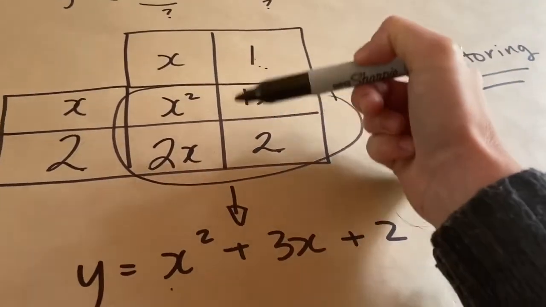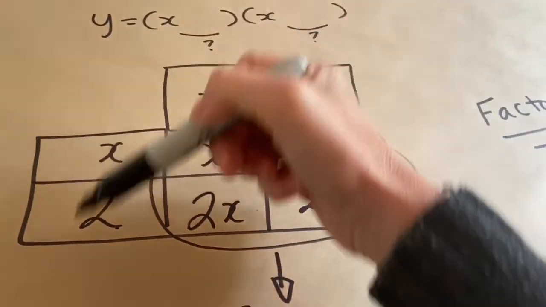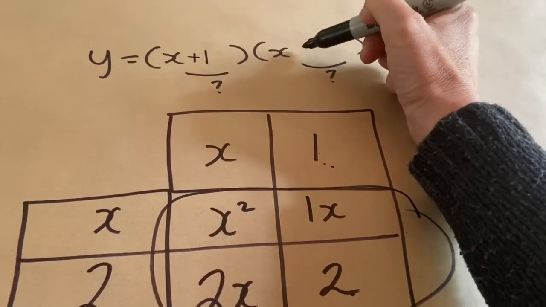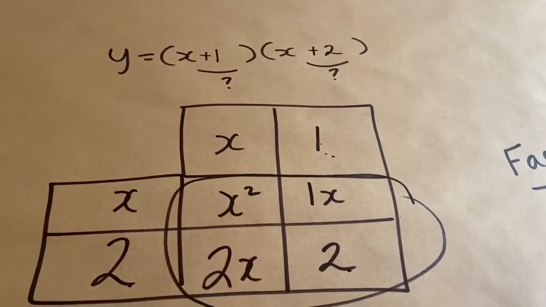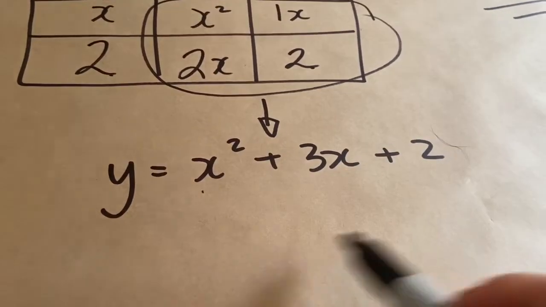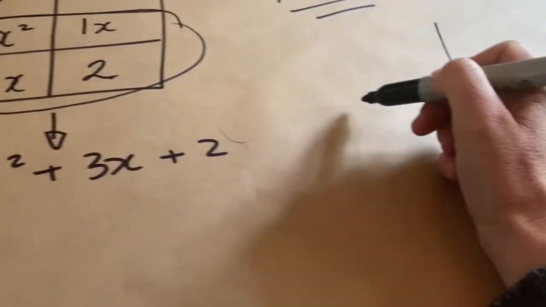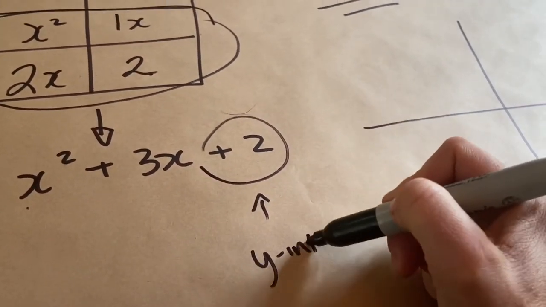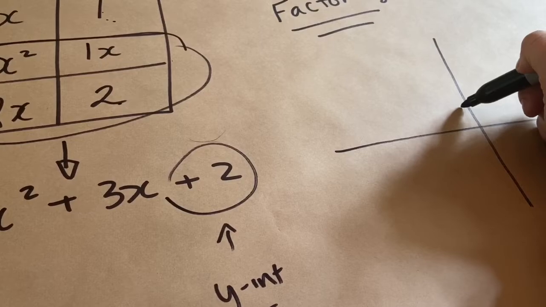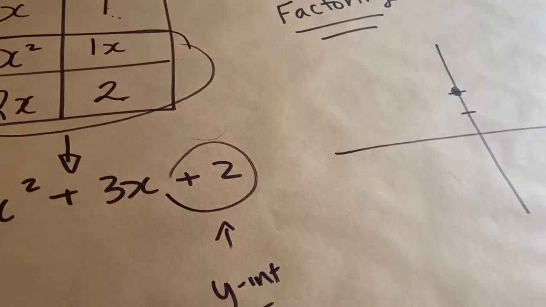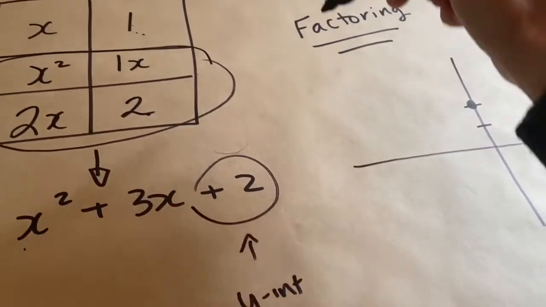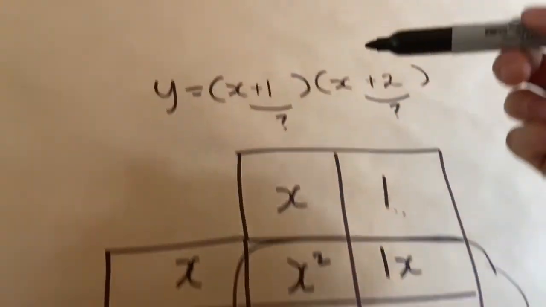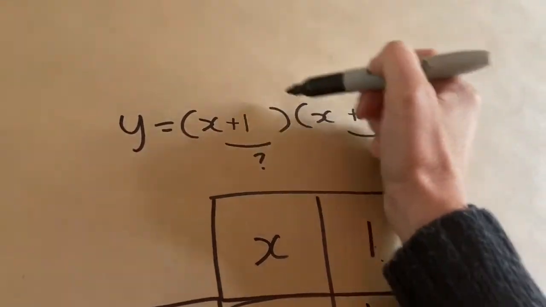That's the inside of the chart. The outside of the chart tells you the factored form. So before we didn't know these numbers, but it must be x plus 1 and x plus 2. And the great thing is, when I looked at this before, the only thing I knew for sure is that this number at the end told me the y-intercept. So all I knew initially is that over here at 2, the curve went through 2. But I didn't know whether it went like this or like this. But now that we've gone backwards and put it into factored form, I know that